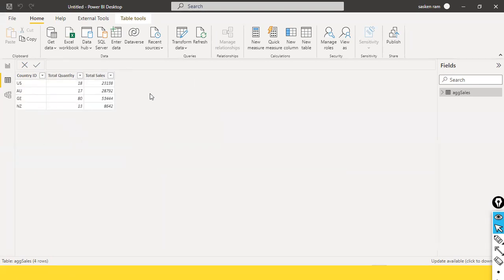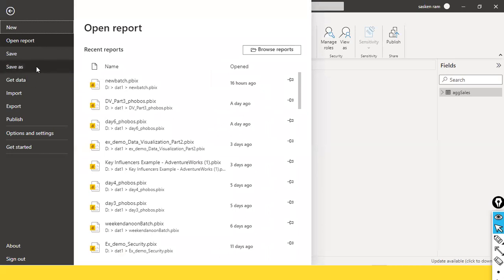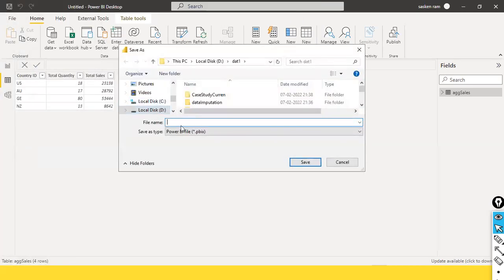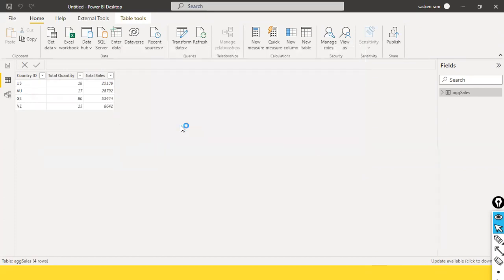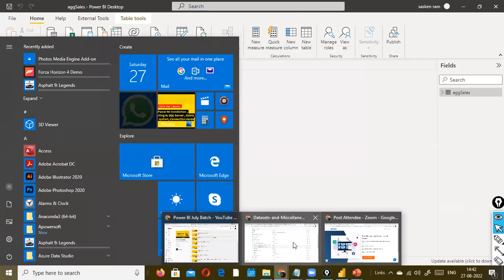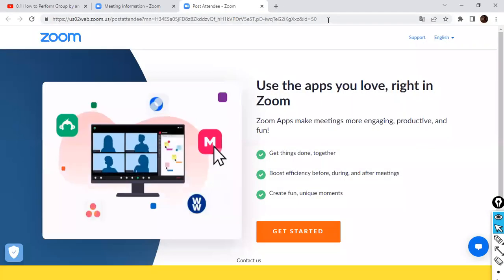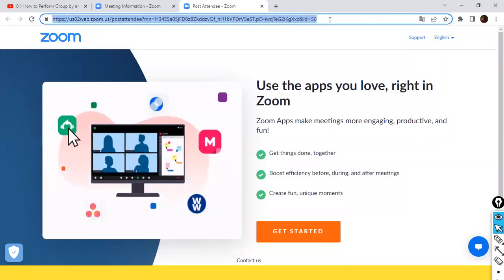So we are getting the aggregated sales, right? This is what you needed. If you want, you can have it like this. So next, I just save it as AGG sales. And then I just get into the Power BI desktop, sorry, Power BI cloud service,